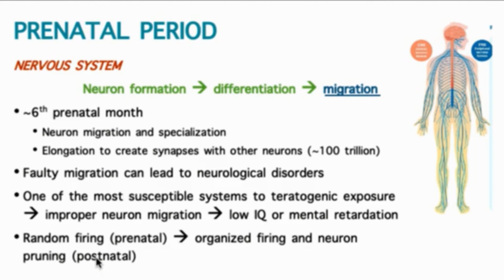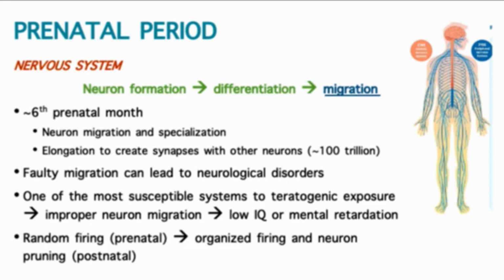So a lot of times people are like, oh, my baby is kicking. These are more or less spontaneous movements that we see after birth, or reflexes. We've talked about some types of prenatal reflexes that happen prior to birth. So that movement or that random firing pattern is a solidification of different reflex patterns, as well as just spontaneous movements that we know have a connection to voluntary movements later in life. But random firing is something that happens in the prenatal period.